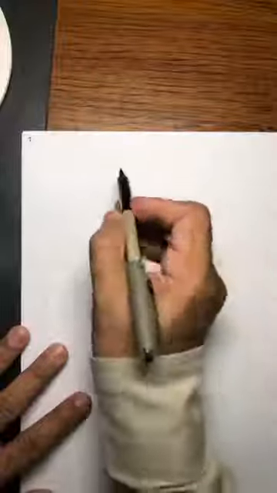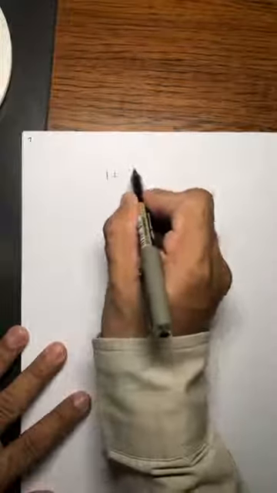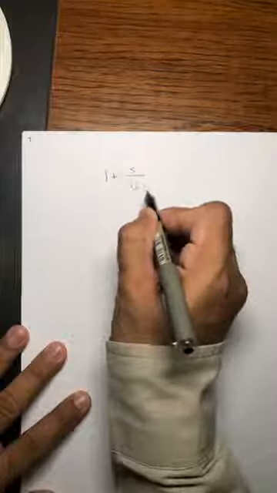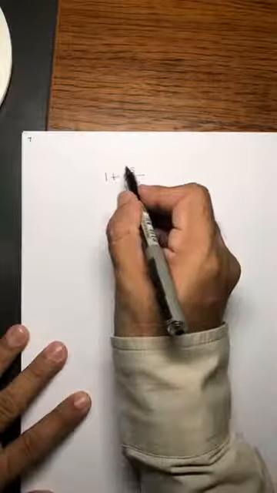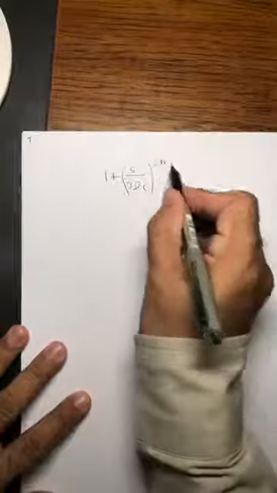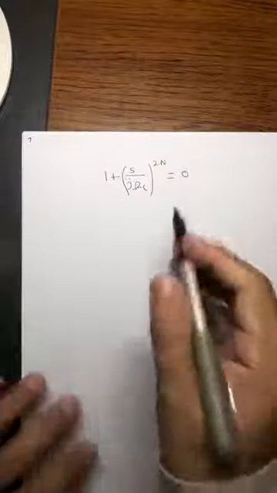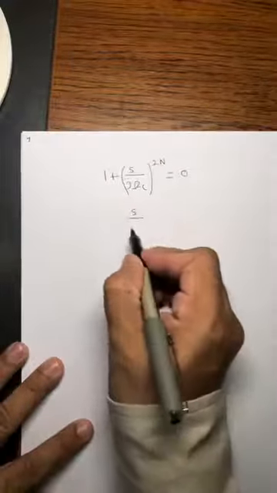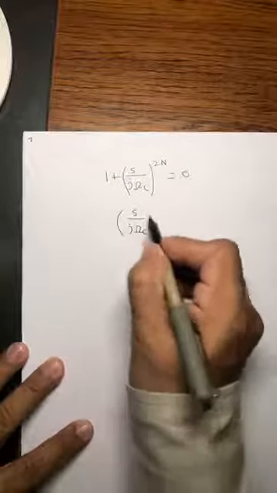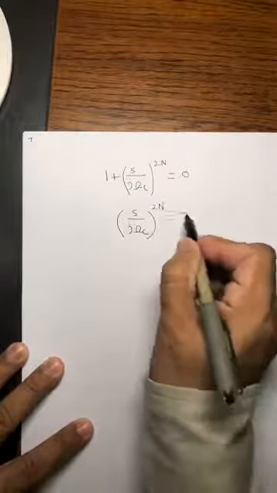So this expression appears to me the same expression where I need to learn about the nth root of this. 1 plus s over j omega c raised to the power 2n is to be put equal to 0. So what I'm trying to do is find the 2n roots of this. So put 0, so this becomes s over j omega c raised to the power 2n is equal to minus 1,